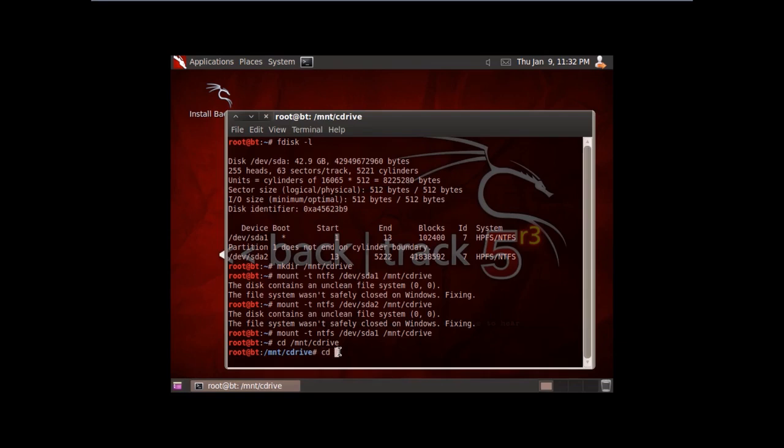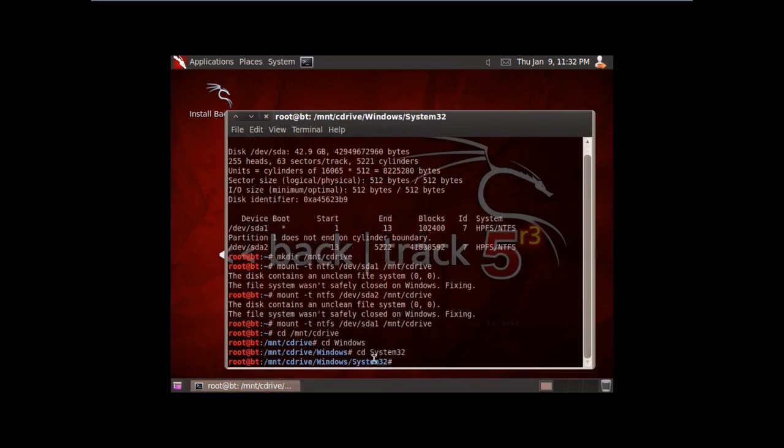We just need to switch to the Windows folder, because the CMD executable and the sticky keys executable belong to that directory itself. Yes, we are in the Windows folder, which means we are in C drive. We'll again switch to System32, where exactly those files are present.